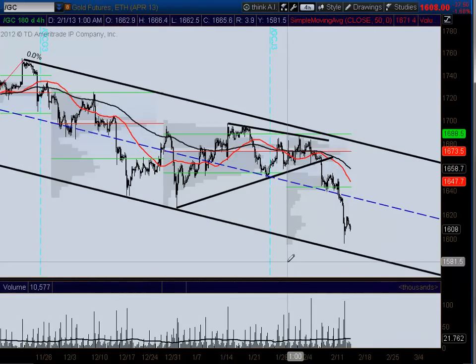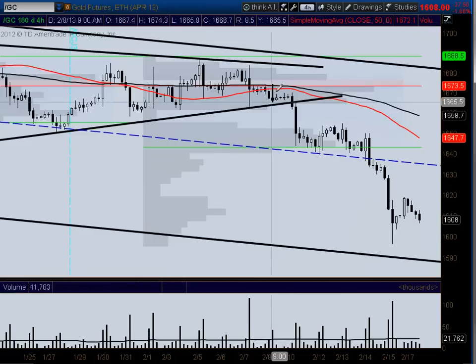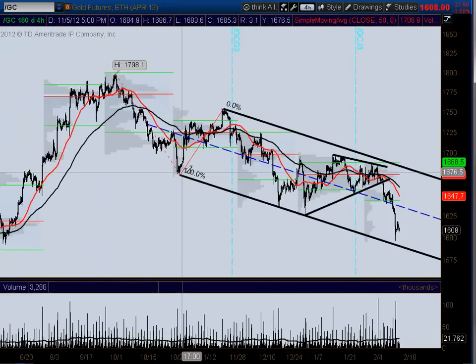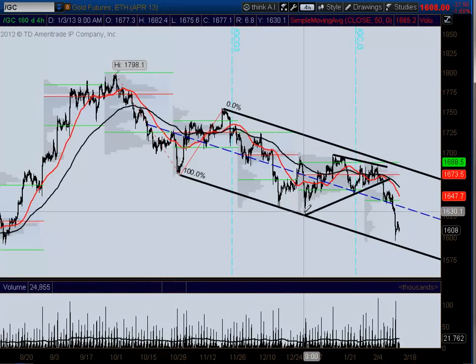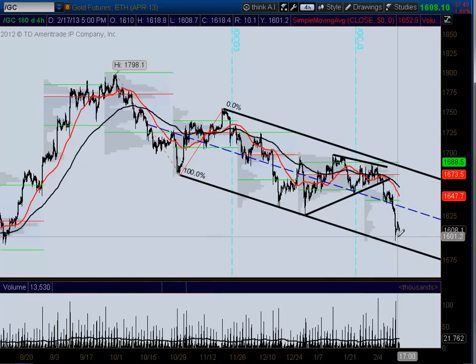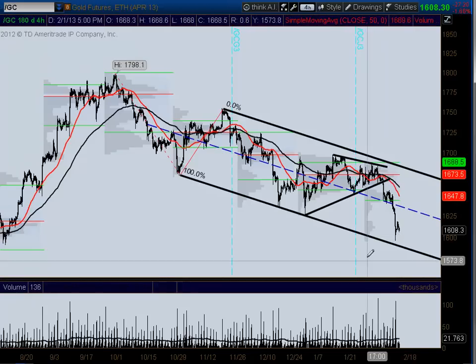But the sell was up here on gold, whether it was the lower highs or the breakdown. The sell is not here on gold, because has it been right to be a buyer or seller of gold down at these levels? And it's pretty clear to me. So that's the point: if you are not short gold, you want to be okay with the fact that you're late to this trade, and just wait for the next trade, because it's not worth it right now